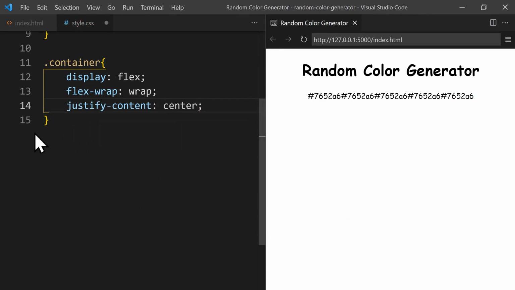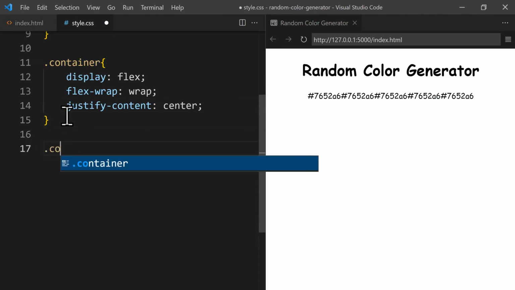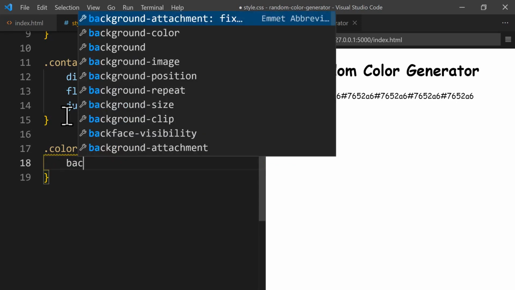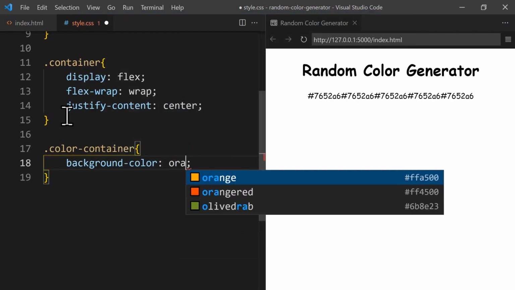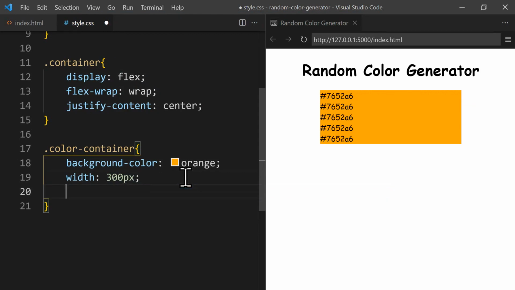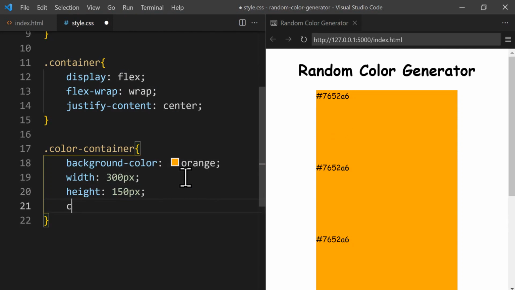After the container, we start styling the color container itself. Let's change the background color to orange to see it better. Later, we're going to create this background color randomly using JavaScript, but just for now, we keep it orange so we can style it better. We set the width to be 300 pixels and we set the height to be 150 pixels. We change the color of these texts to white,